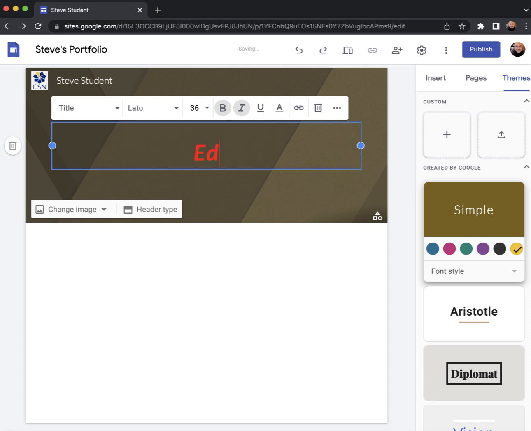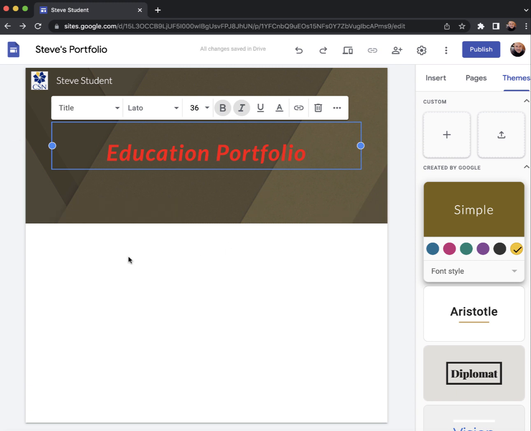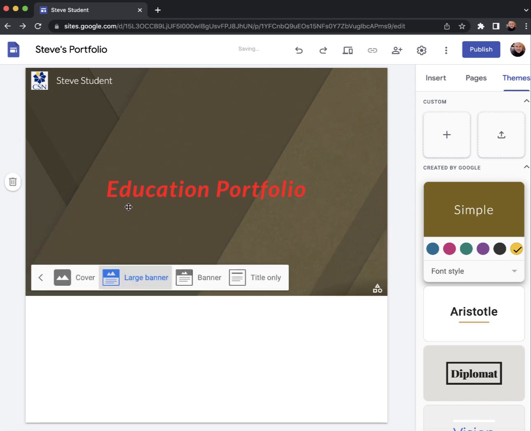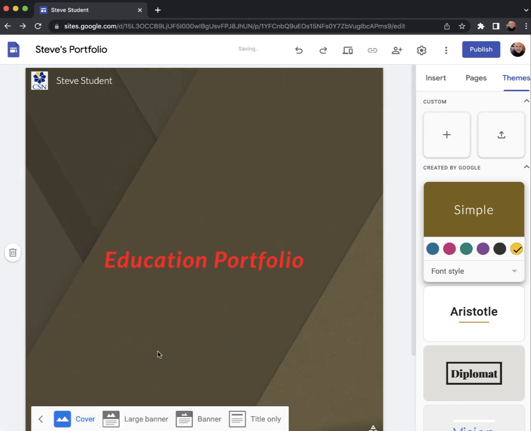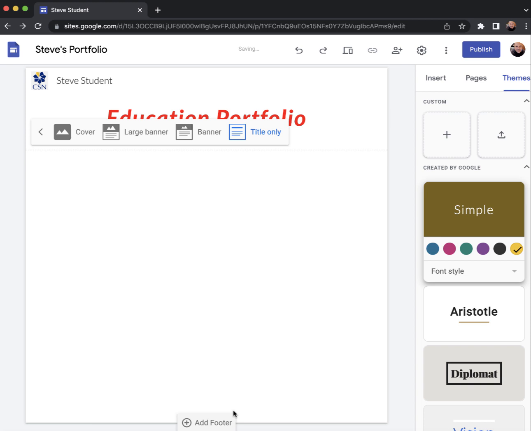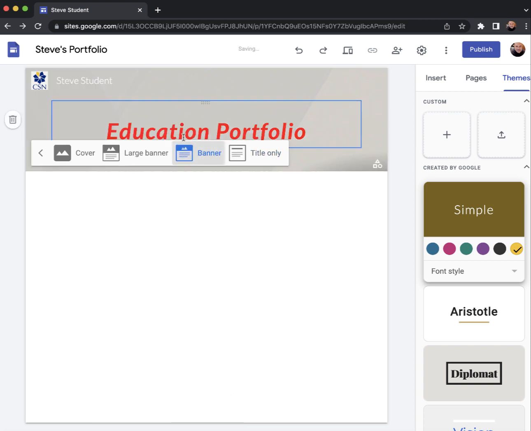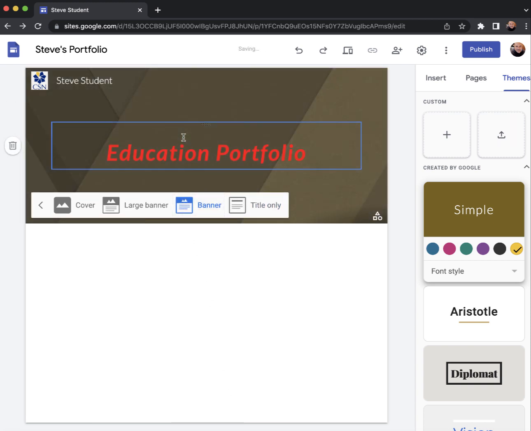And then one of the things that this portion of the software will allow you to do is type in the name of your site, and then you can concentrate on the way it's going to look or appear to those who are watching it. You can change the image that's appearing in the background. You can change the header size, so if you wanted a large banner at the top, or a full cover page, or even just the title only, you could do that, but we'll stick with the regular default, which is